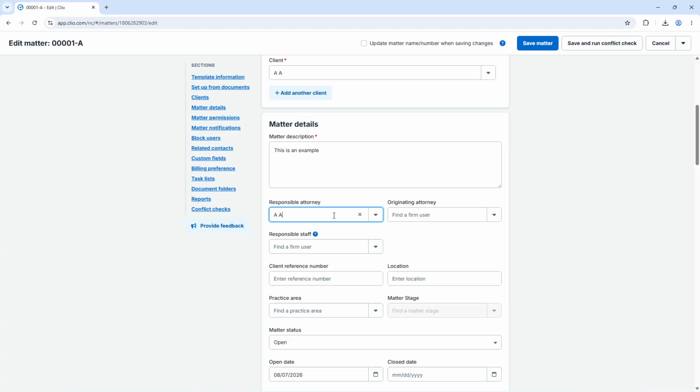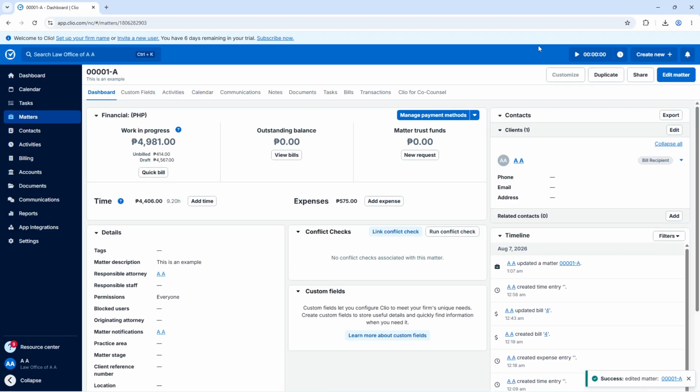Make sure you choose the correct person before saving, since this field determines which attorney is listed as responsible for the matter going forward. After you have selected the new responsible attorney, go to Save Matter and click it to apply the change. This updates the matter record with the new assignment and returns the matter with the revised details